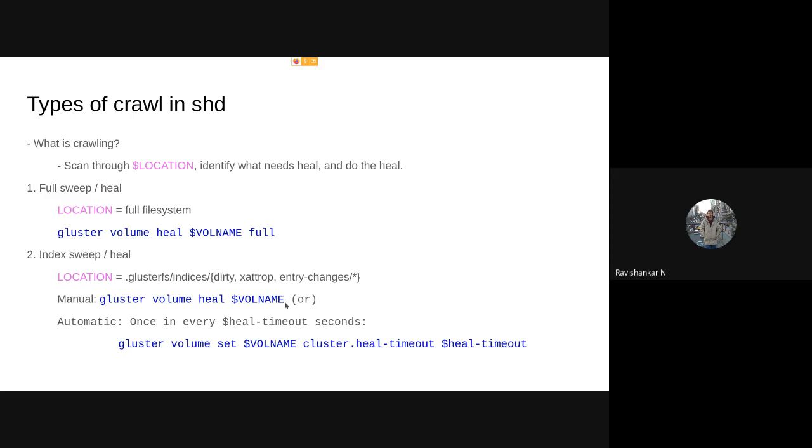The other is that the self-heal daemon automatically has a thread which scans these subfolders once every heal-timeout seconds. You can adjust this heal-timeout value. I think by default it is every 600 seconds, or 10 minutes. I think we can check that in the code. So that is the index sweep, or index heal.